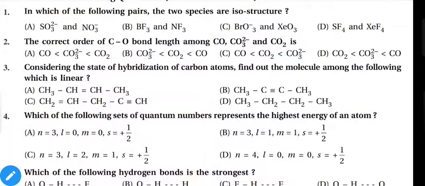So the actual answer is C. Our answer will be C. So these two are isostructural. But first try to find it yourself. Try to find the hybridization of these options as discussed in the first case, SO3 2 minus and NO3 minus. Then we will move on to the next, and if you find any difficulty, then ask me. We will discuss step by step how to find the hybridization of the remaining examples, but first you have to try it yourself.